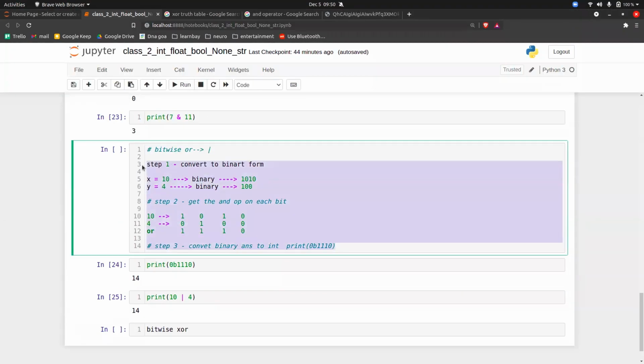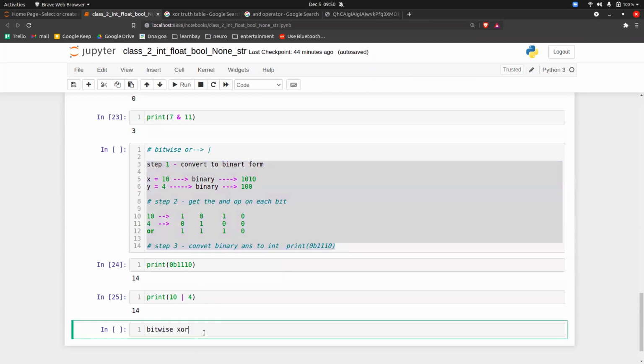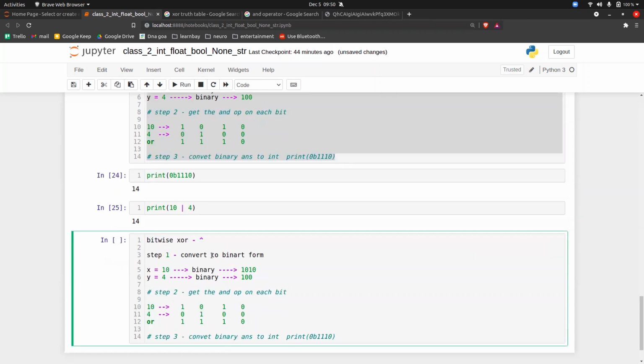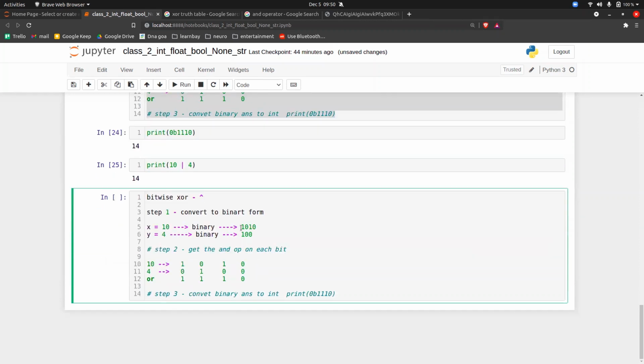So let's try to do bitwise XOR. And the symbol for bitwise XOR is the caret symbol, guys. The caret symbol, the symbol that you can see on top of 6. So 10, the binary form is 1010. For 4, it is 0100. Now the only thing you have to do here is put XOR here.